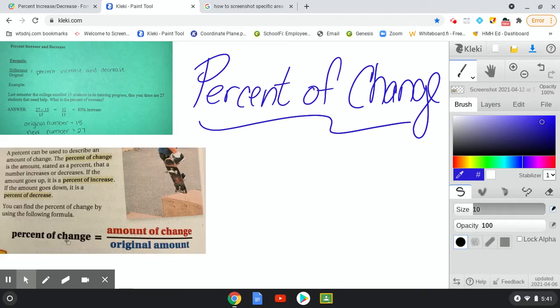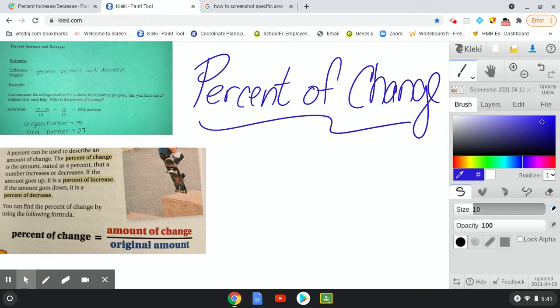Okay, so I added in this little image here where it tells you a percent can be used to describe an amount of change. The percent of change is the amount stated as a percent that a number increases or decreases. So if the amount goes up, it would be a percent of increase, and if the amount goes down, it is a percent of decrease. So a lot of wording, I know it sounds like a lot, but once I actually start going over some